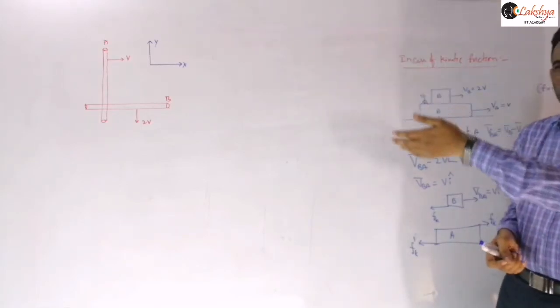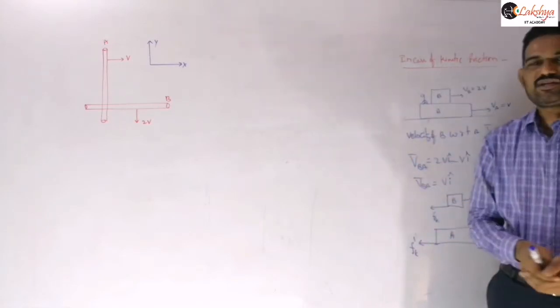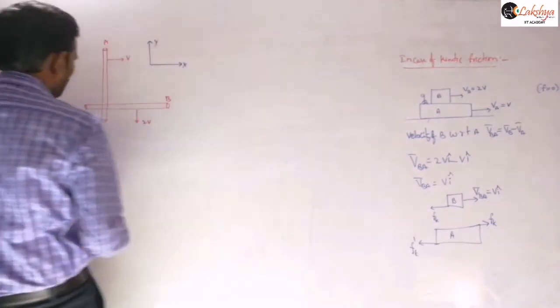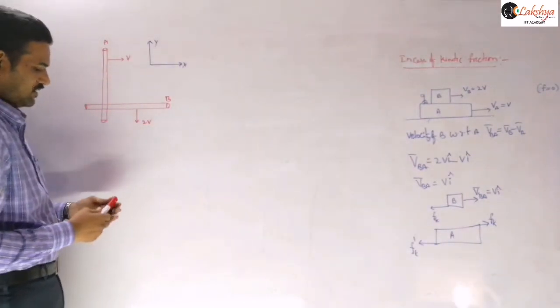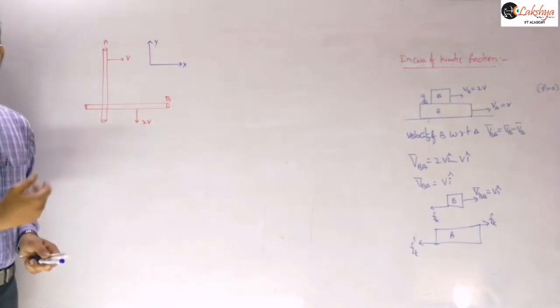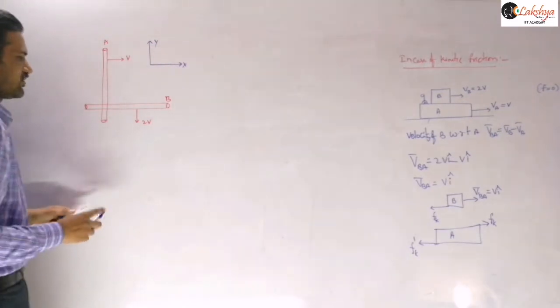So that means the coordinate system is also given in the data. So rod B is along x-axis and rod A is along this y-axis. So we need to identify this unit vector here, right? So that means in this case, just again let us, similar to that, let us identify the direction of this relative velocity here. So that means if they are taking that relative velocity here,